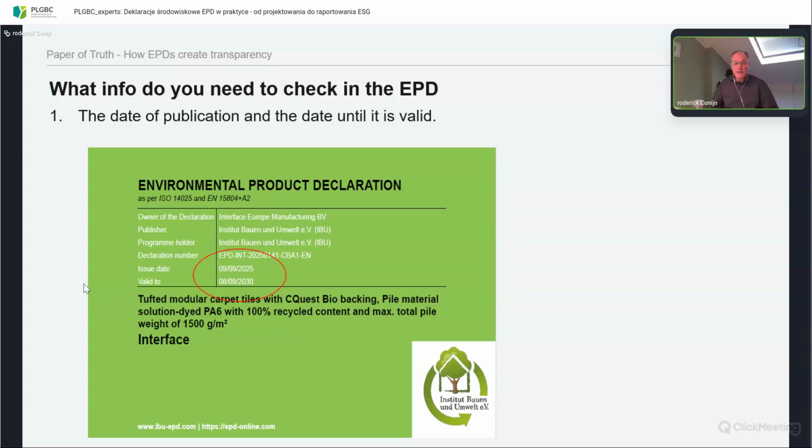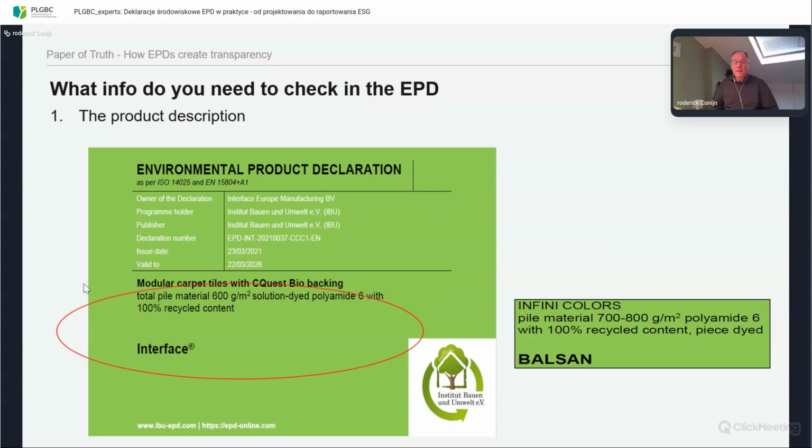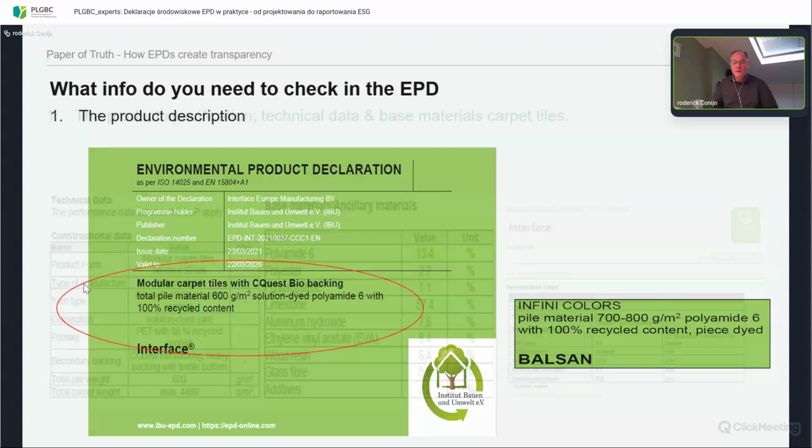If we have an improvement in products, we will provide you with new EPDs, as we just have done this month. But also the description: this EPD is for a modular carpet with a bio backing with 600 grams solution dyed polyamide 6 with 100% recycled content,